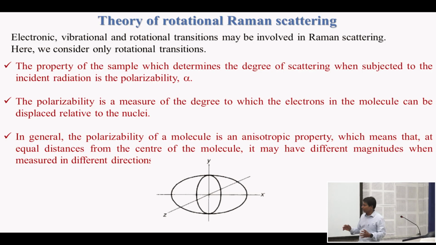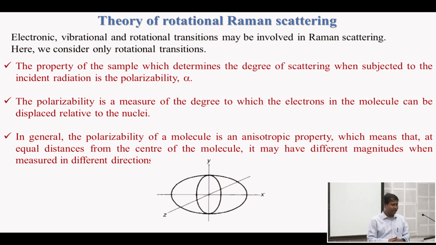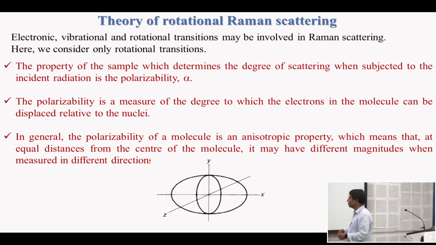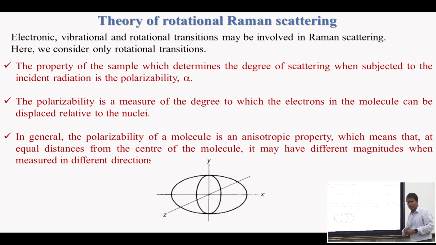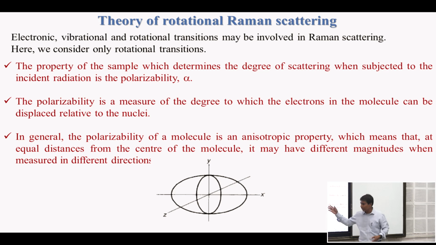So Raman spectroscopy is in general of 2 types. One is vibrational and another is rotational. So we start with the rotational Raman spectroscopy, and the theory is the same for the vibrational except for a few differences. So if we,